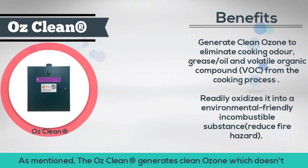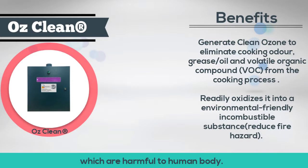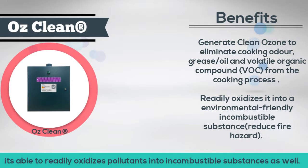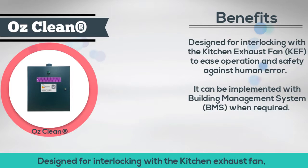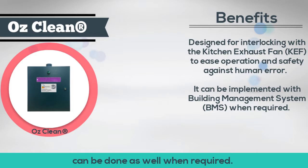As mentioned, the Clean generates clean ozone, which doesn't contain any byproducts such as nitric oxide and nitrogen dioxide, which are harmful to the human body. It's able to readily oxidize its pollutants into incombustible substances as well. Designed for interlocking with the kitchen exhaust fan, implementation with the building management system can be done as well when